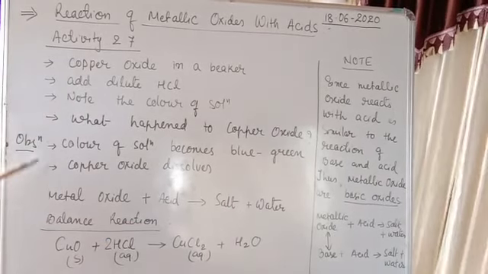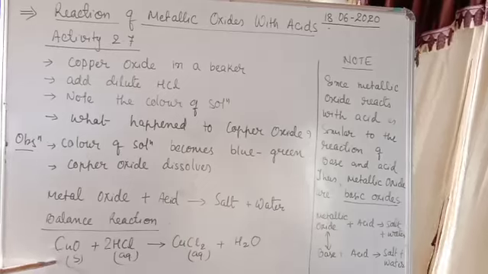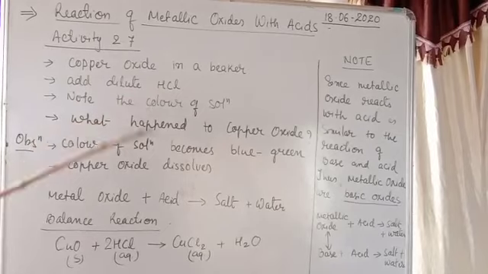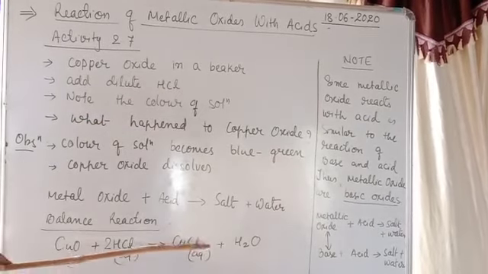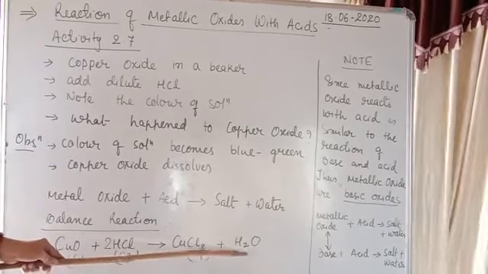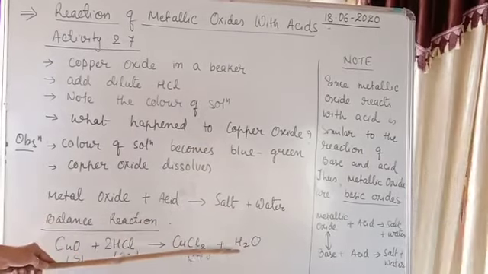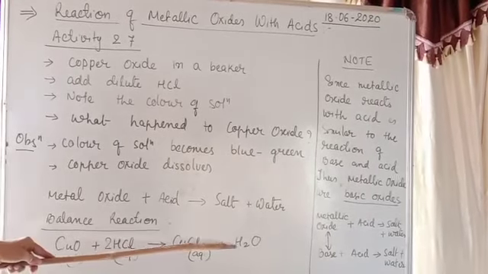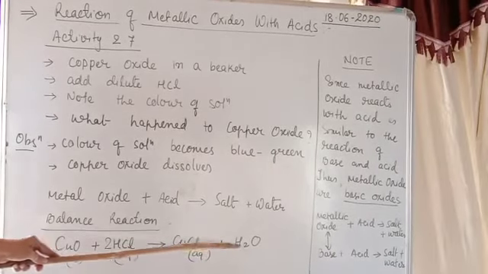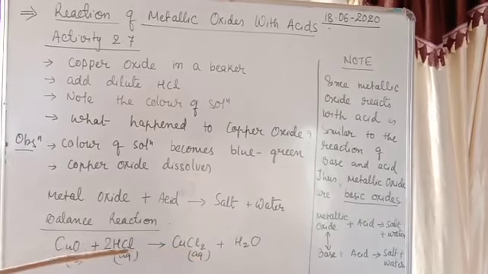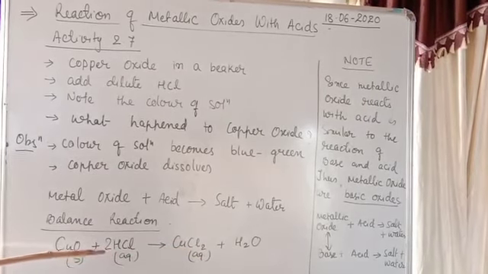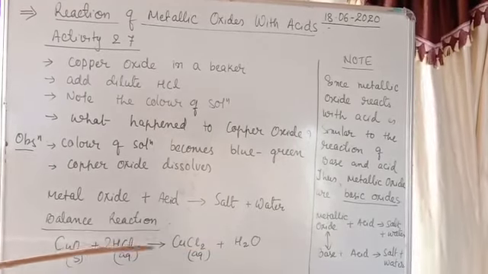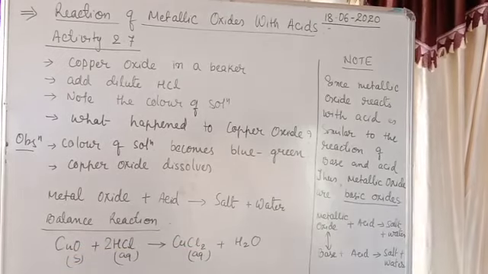Let us write the balanced reaction for this activity. CuO, copper oxide, plus HCl, hydrochloric acid, gives you CuCl2 salt, plus water. That is the same as we are writing above. Solid form. Now balancing. Balancing H2, here 2, 2, both are 2, 2. So we start from any one. There is no problem. Let me write here 2. Now see, check if it is balanced or not. 2H, 2H, 2Cl, 2Cl. In copper, copper, 1.